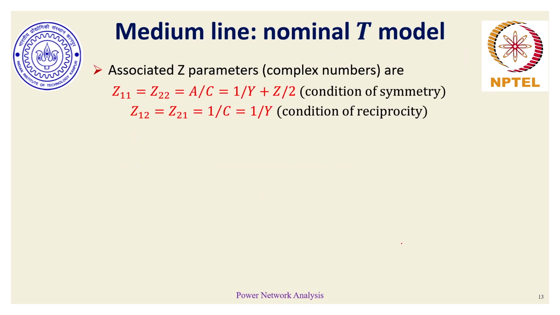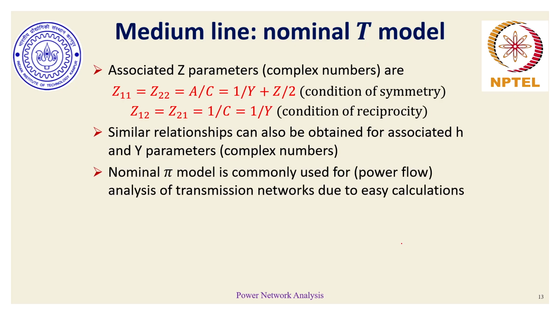Similar to representing Z parameters, Y parameters and H parameters, for nominal T model, again we can use the same interchange relationships between different two-port network parameters and obtain other values in terms of Z, Y and H parameters. So with that,